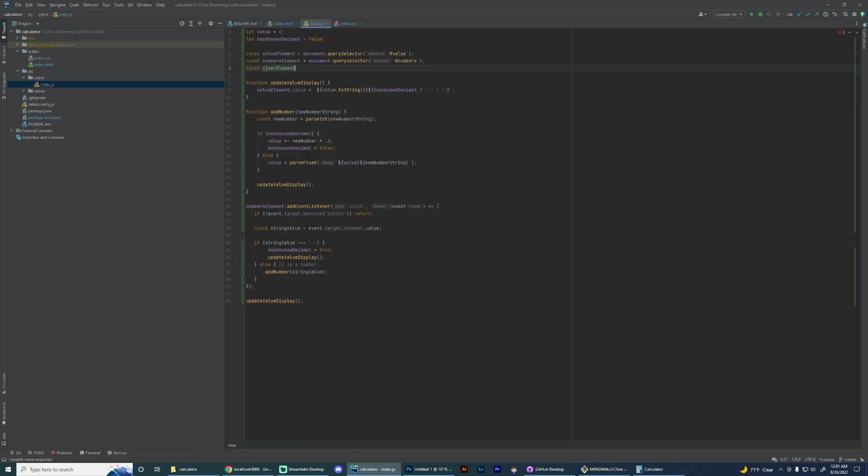So clear element equals document.querySelector clear. I noticed how in my code I'm kind of grouping things. I'm grouping all the document query selector things together and all the variable creations together, and I group the const with const and let with let. And it helps keep your code organized. So we add the clear